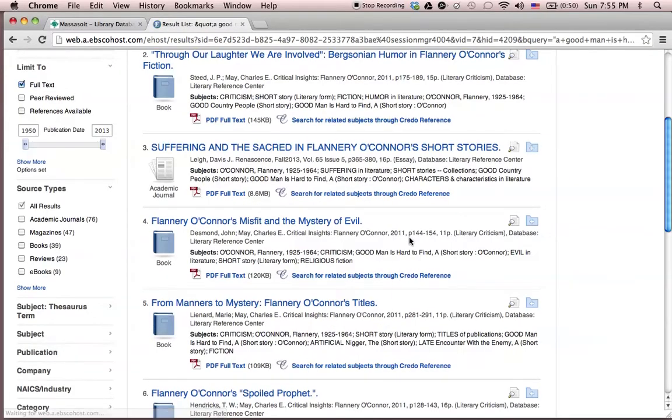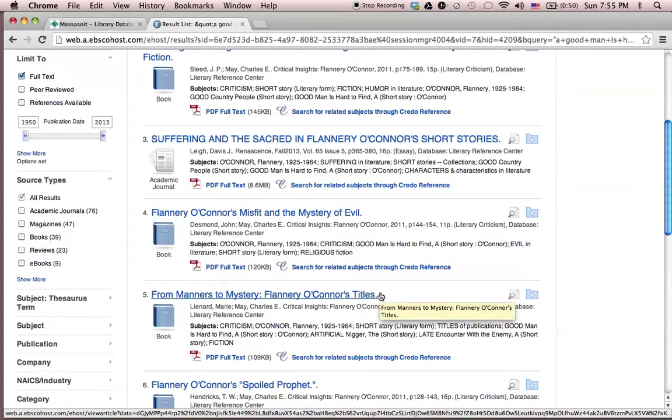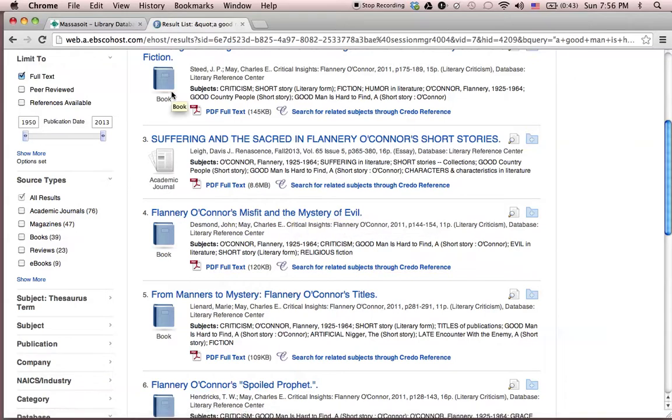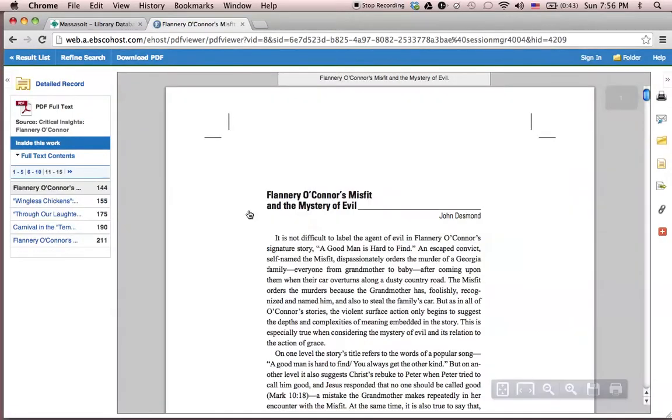We're back to work. From Manners to Mystery: Flannery O'Connor's Titles. Can we guess what this is going to be about? Probably about titles. A Good Man is Hard to Find is a very odd title, don't you think? So, this person wrote this all about titles. Flannery O'Connor's Misfit and the Mystery of Evil. Awesome. If you're writing about the Misfit, this is probably an awesome thing to look at. These are books. If there are books cited in here, it tells you over here again if this is a book or an academic journal. If there's a book on here,